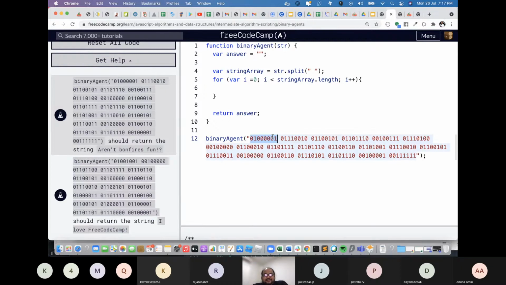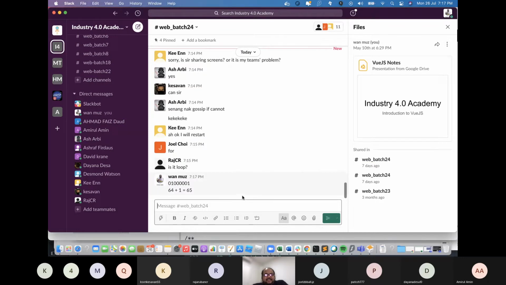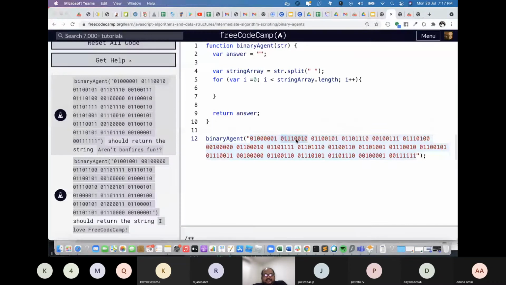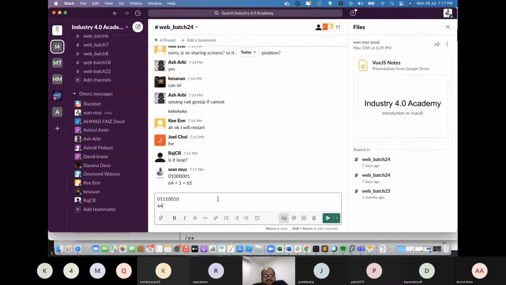Let's recap back. Kenapa dia ni kan? You remember the thing? So this one is 64 plus 1. This is 65. So you have to create a function to do this. Alright. So this one is 64 plus 32 plus 16 plus 2. Kan? Which is 18, 18,